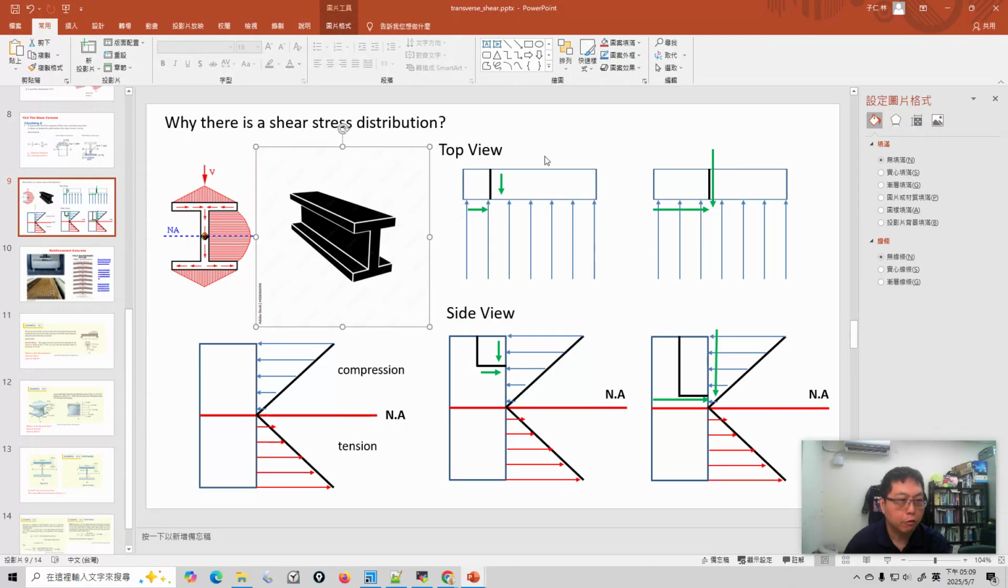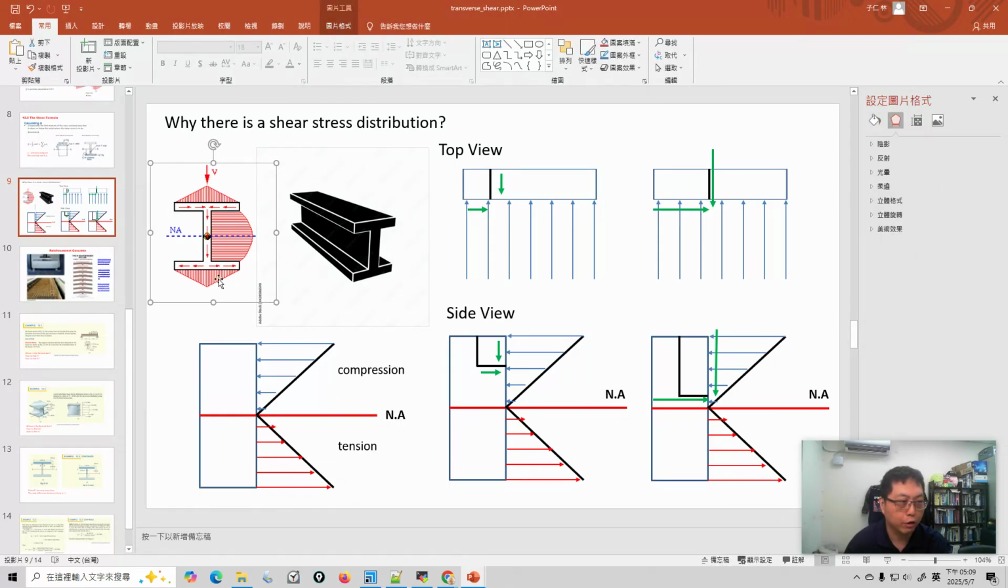In the lecture, we already know that when we apply a load on the beam, there will be a stress distribution along the cross-section area of the beam. But in detail, there is not only a shear stress distribution at the web part. This section is called the web part. In the top area, this portion and this portion, this is called the flange. There is not only the shear stress distribution at the web part, but also at